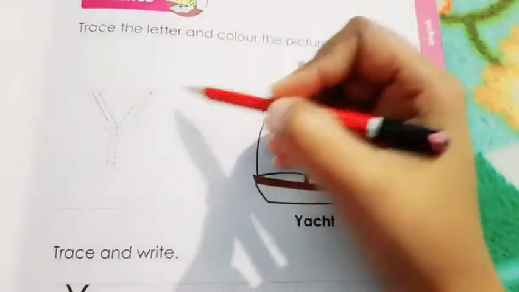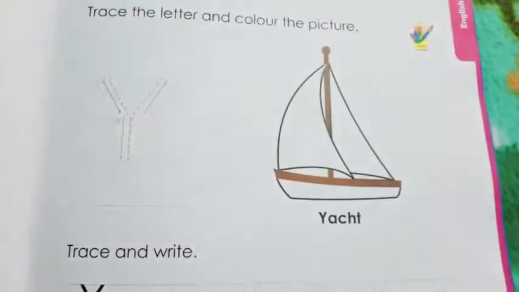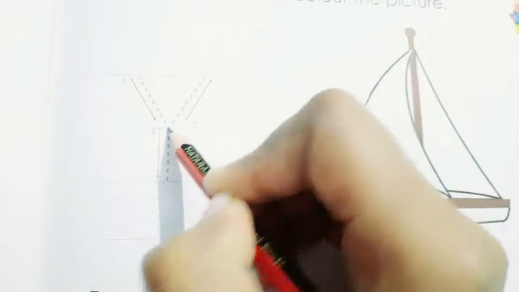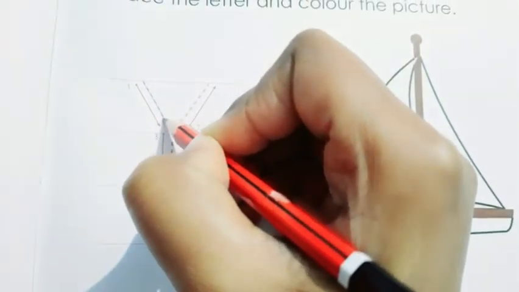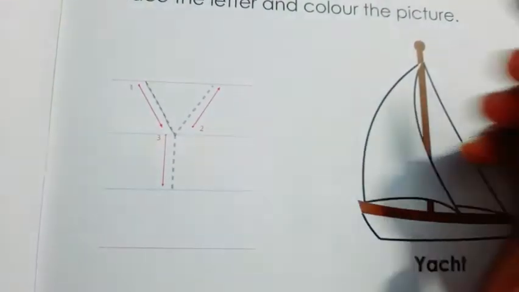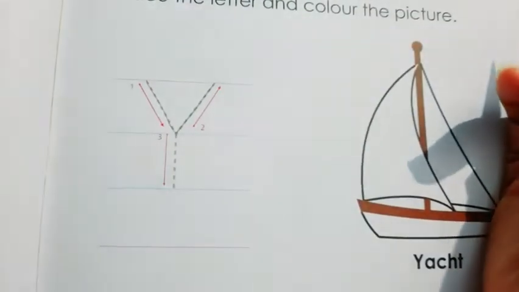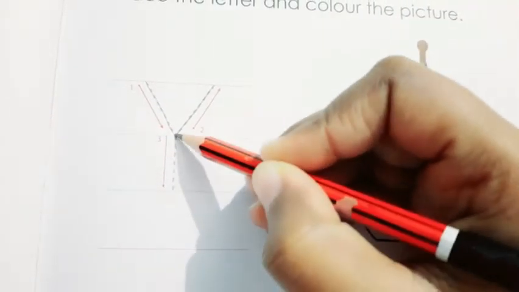Fine. So here you require 3 lines. First is red line and 2 blue lines. Fine. So the first step of capital letter Y, as you can see here, we have to make one slant line from red line to blue line, the first blue line. Fine. Now see and do it. One slant line. Fine. And the second step we will go up in a slanting way. Fine. And the third step we have to make one standing line from blue line to blue line.